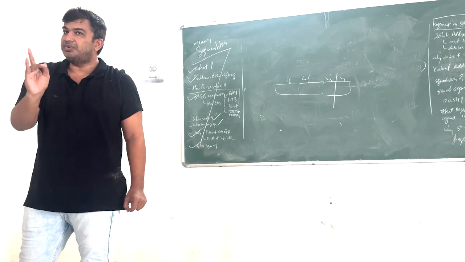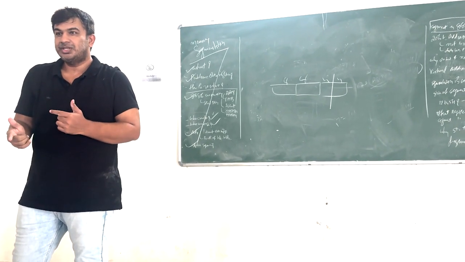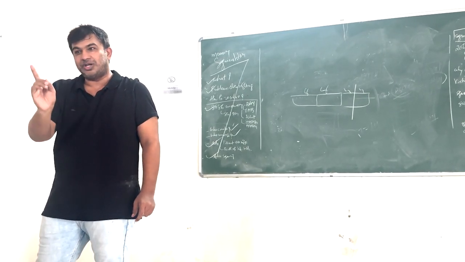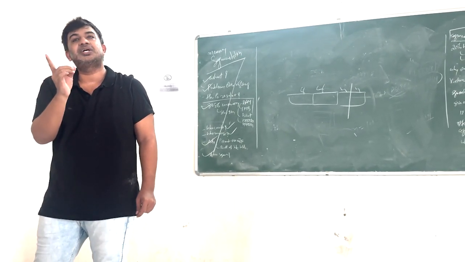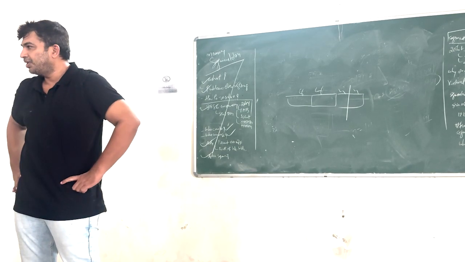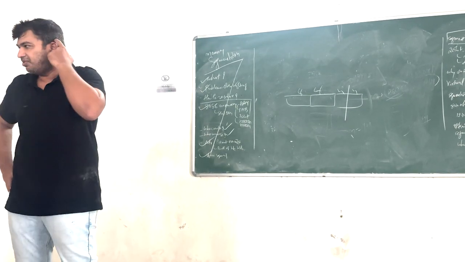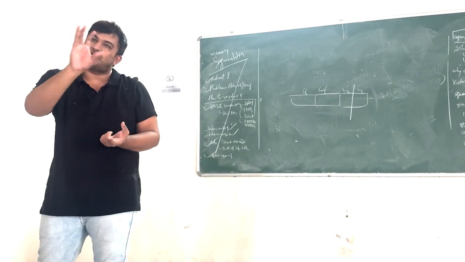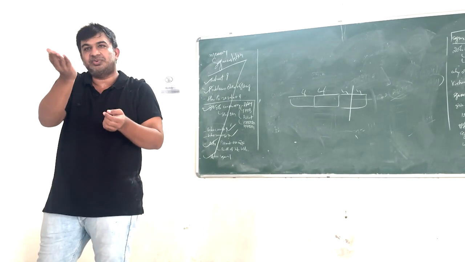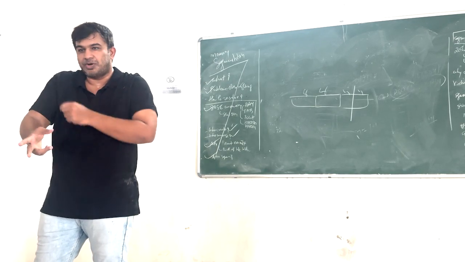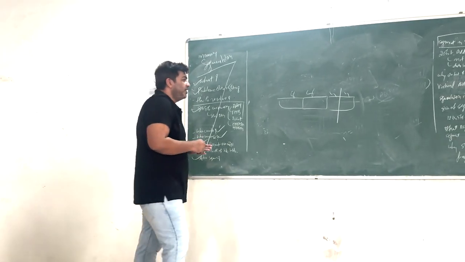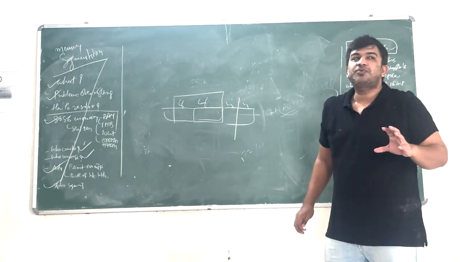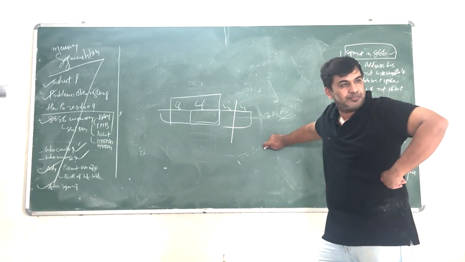8086 is called a 16-bit microprocessor. Now tell me why? Because the architecture of 8086 supports only 16-bit operation in a single clock cycle. Your data bus is of 16 bits. All your internal registers are also of 16 bits, so you can process 16-bit data at a time. That is another problem. So now the problem is your address bus is 20 bits, but you can process only 16 bits of data at a given point of time.